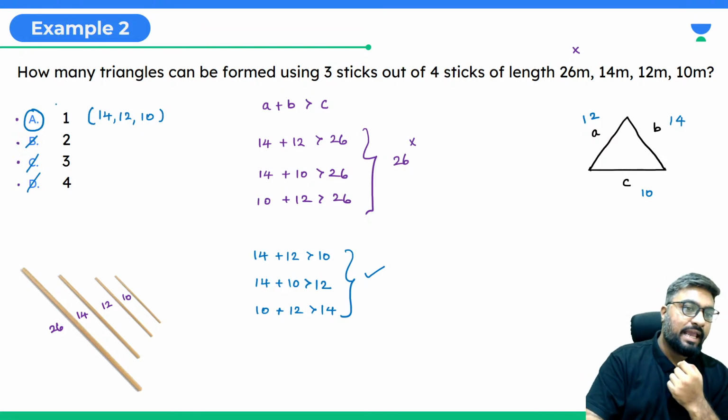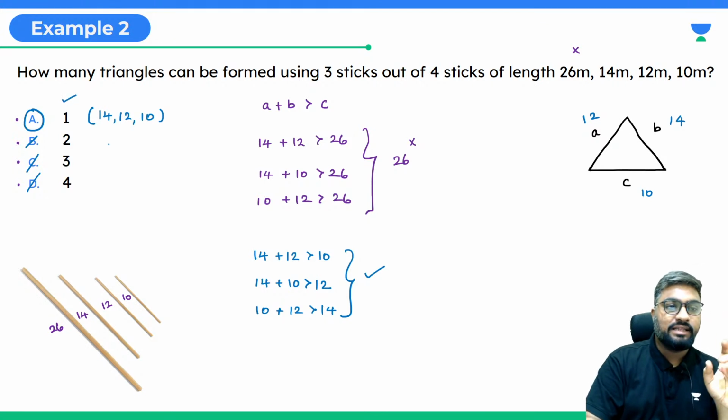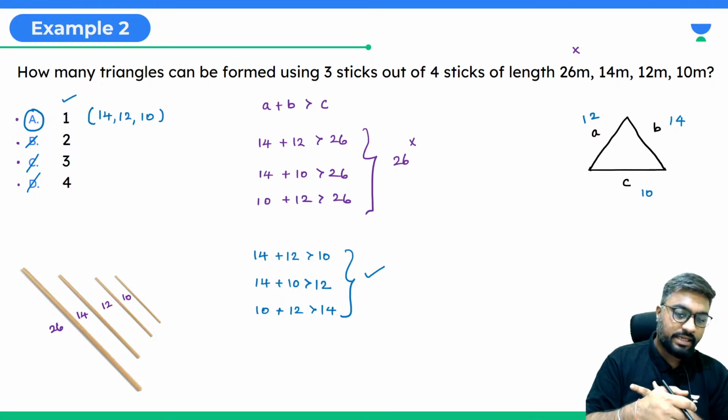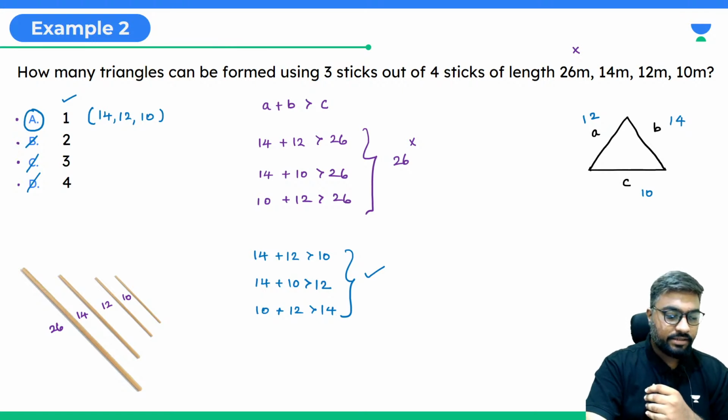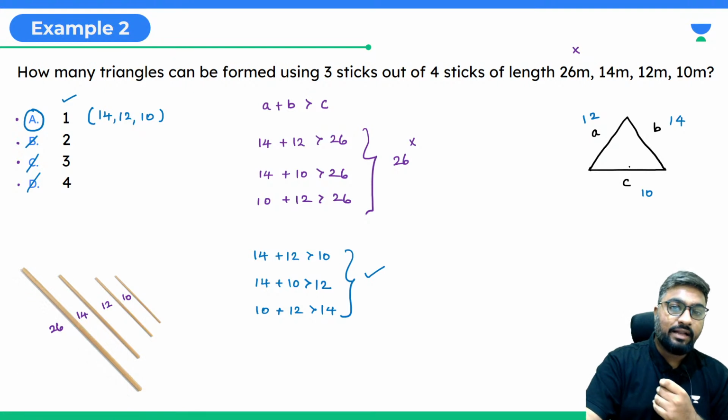So our answer is A, 1. Only one triangle with these 3 sides, 14, 12 and 10. ठीक है? चलेंगे next. So what I want to bring to your notice is, in a triangle,